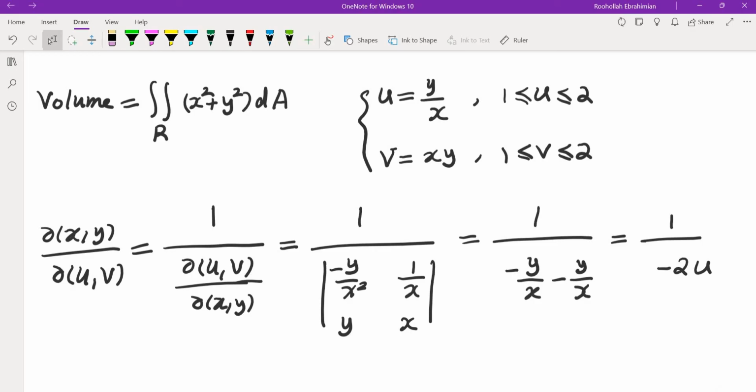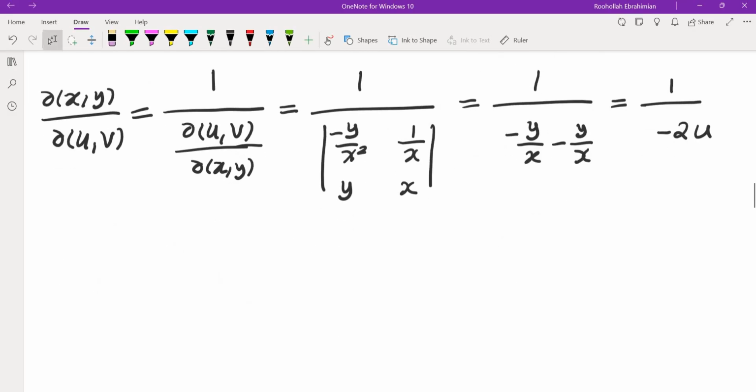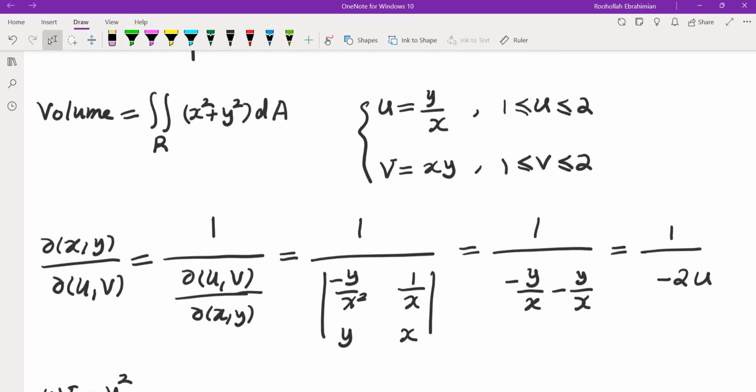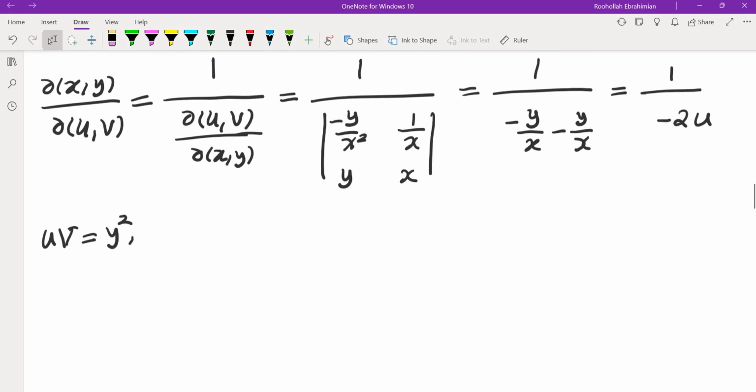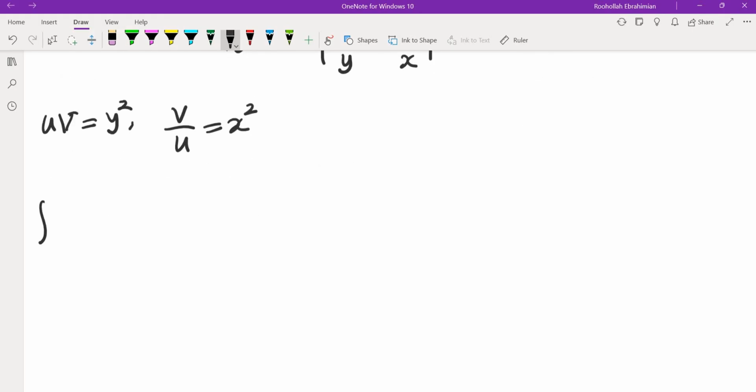Next, we'll have to find the integrand, so x squared. How do we get x squared from these two? We'll have to solve for x and y. That's pretty simple. If we multiply the two, u equals y over x and v equals xy, we get y squared. So uv is equal to y squared. And if we do v over u, we get x squared. So the double integral over R of x squared plus y squared, which is the volume that they asked us to evaluate, is going to be